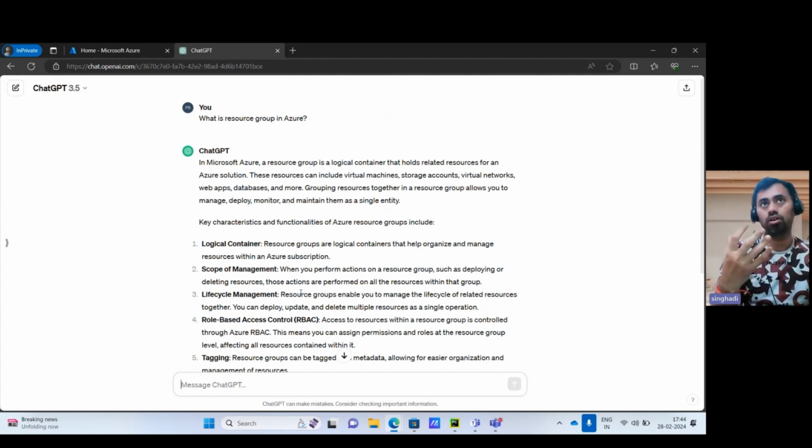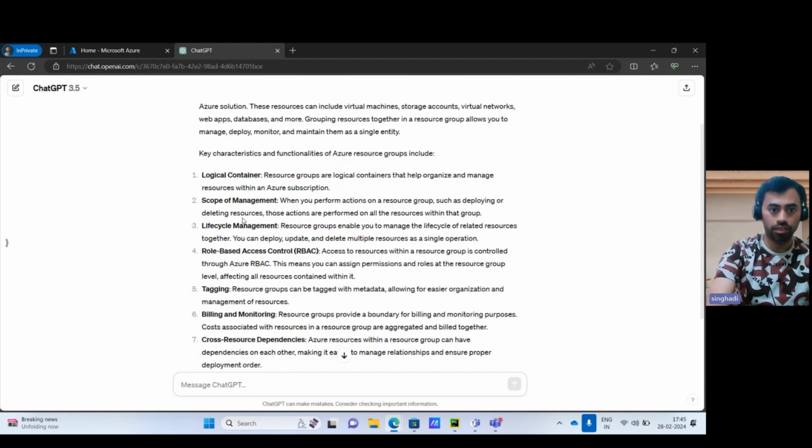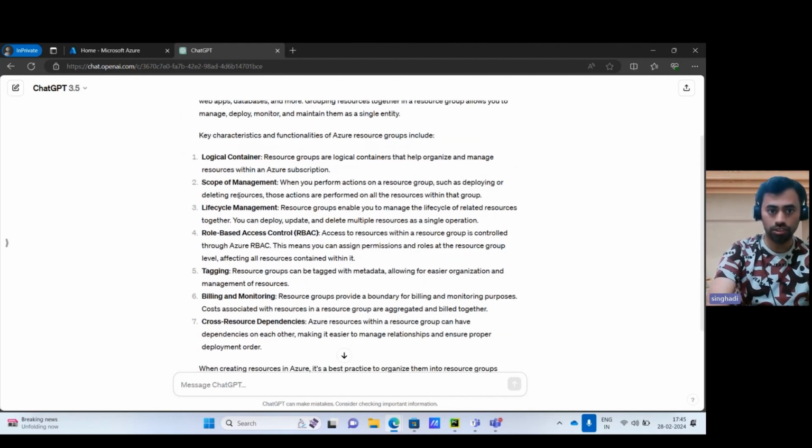Similarly, in very layman terms, in your computer, if you create a folder, let's say images, you can keep images like Facebook images, mobile images, or your family images, or different types of images. Similarly in Azure, it is the container which holds all your resources. And you can see different definitions given, like for the logical container,